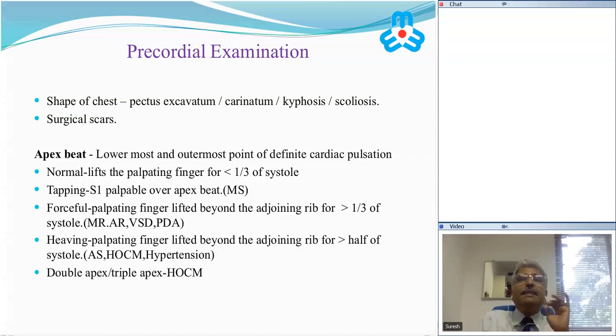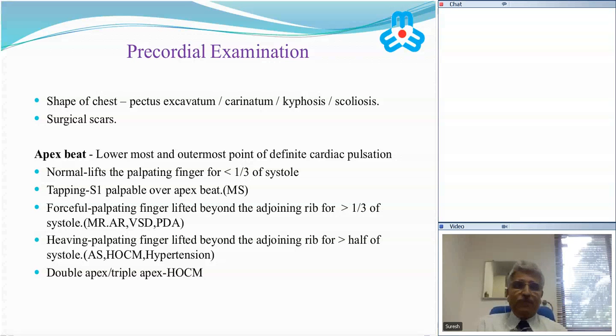So we have seen the pulse, blood pressure, JVP, and now we are looking at the precordium of the child. Please remember this sequence. And when you look at the precordium, the first thing that you would notice is the shape of the chest. Is there a pectus excavatum, that's a depression on the chest, or a pectus carinatum, a pigeon chest in which there is a forward protrusion of the chest, which denotes long-standing cardiomegaly in a young age, or it has not a problem with the sternum or the front of the chest, but with the spine,